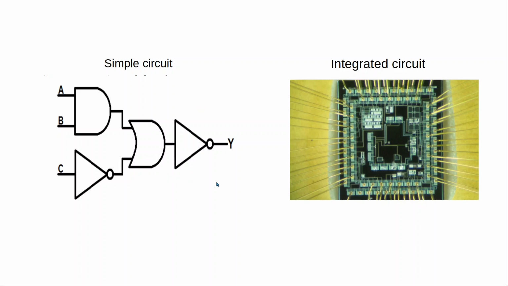But as the number of logic gates in circuits grew, it became impossible to design everything by hand. Thus the need for a language emerged that could be used to specify the behavior and structure of complex hardware. An example of complex hardware would be an integrated circuit like this. So this has millions of logic gates and a lot of transistors that make the complex hardware, right? So an integrated circuit is basically a circuit that has a lot of components in one place.